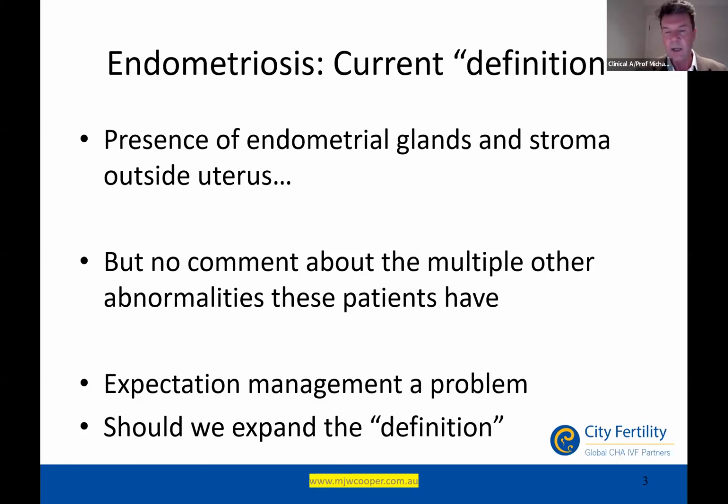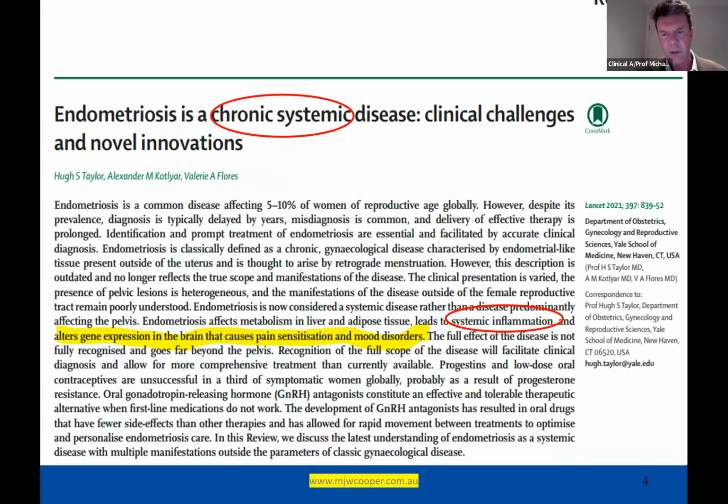And so we've defined ourselves into a situation that we're set up to fail. What that means is that both the patient's expectations and the people who are caring for these people have significant problems in terms of giving them clear guidance and a capacity to deal with the problem. By way of illustrating this, this is a recent article from The Lancet,